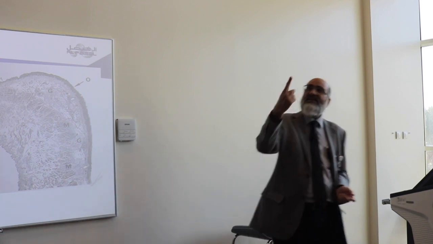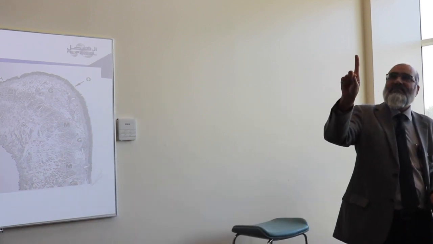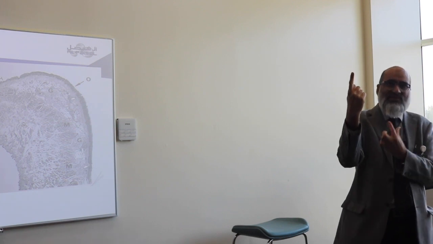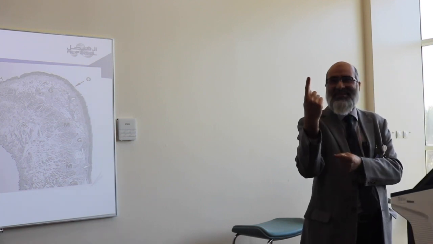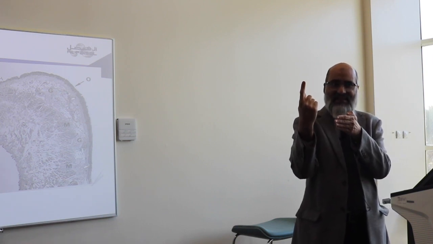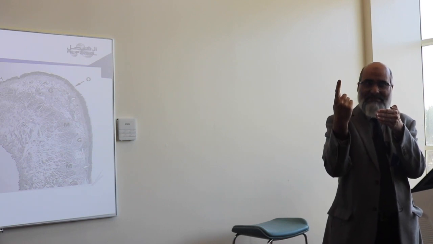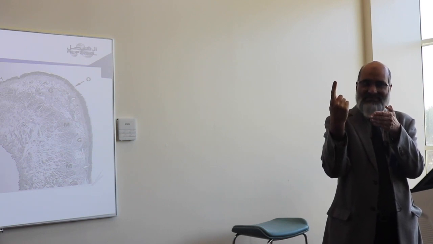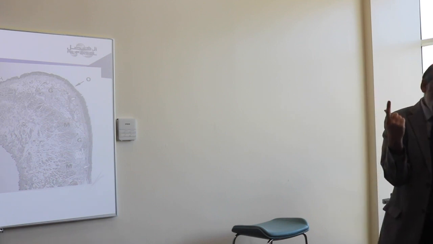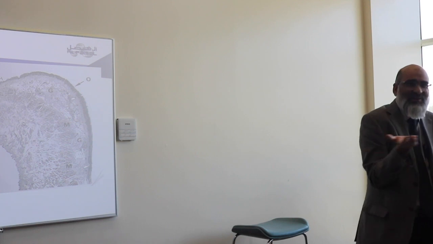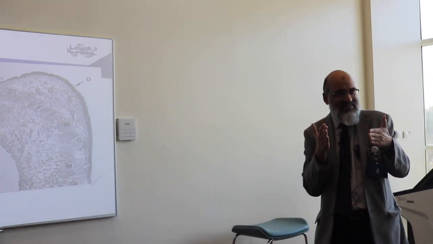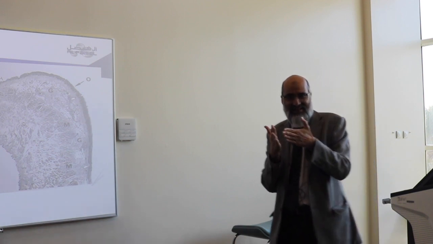Okay. Now what is this part of the body? Index finger. What is in the center of the finger? What makes its core? Bone. And the bone is covered by connective tissue or muscle? Muscle. Outside the muscle is? Fat. Which fascia? Deep fascia. Outside the deep fascia? And outside the superficial fascia? This is the organization of the body. If you want to go from without inwards, you start with the skin, superficial fascia, deep fascia, muscle,